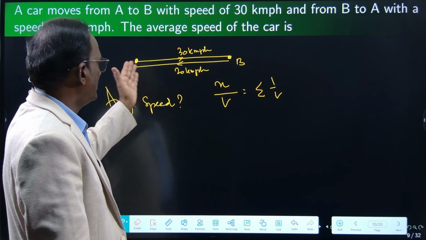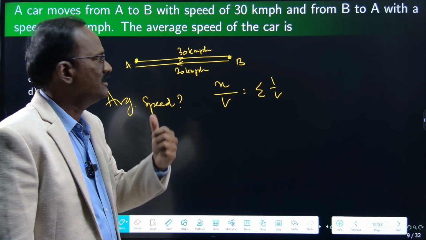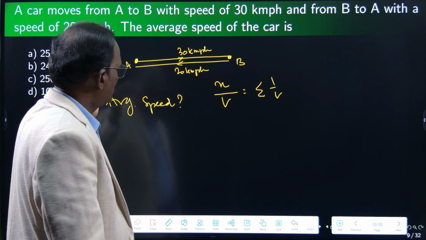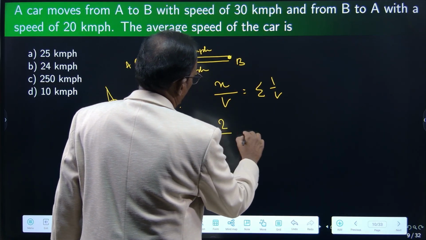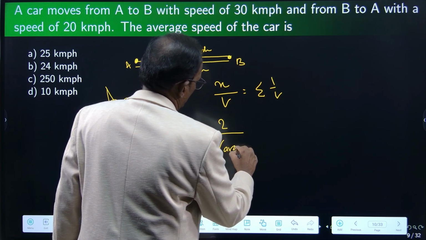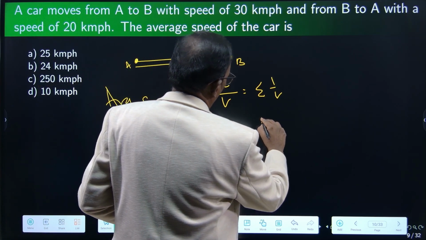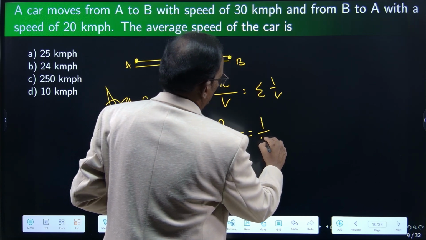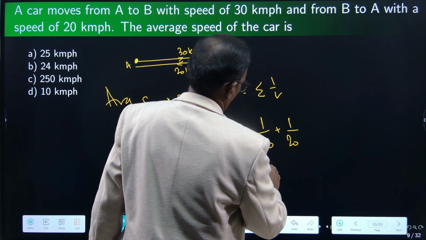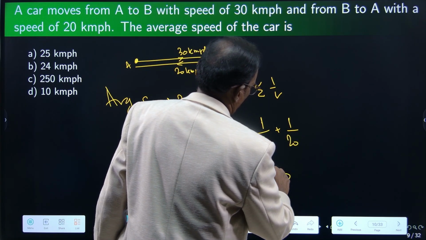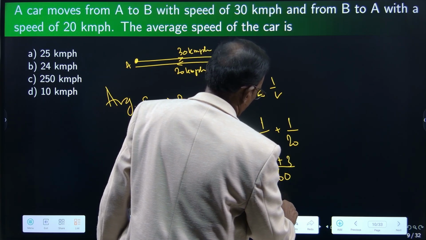What is n here? A to B, B to A, right? Actually, if you consider the total distance, 2 times this distance. A to B is 1, B to A is 1, right? So n is equal to 2 here. This is v average. For speed also I am using the letter v, don't get confused. 1 divided by v1, 30, plus 1 divided by v2, 20. So this can be 60, 2 plus 3, 5 divided by 60,